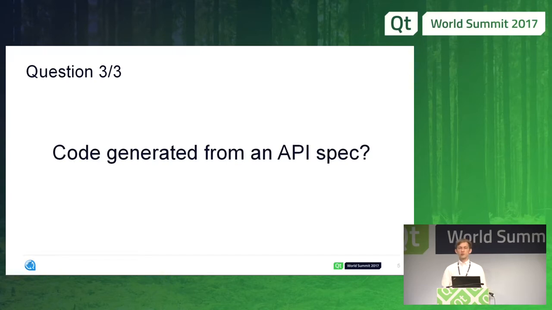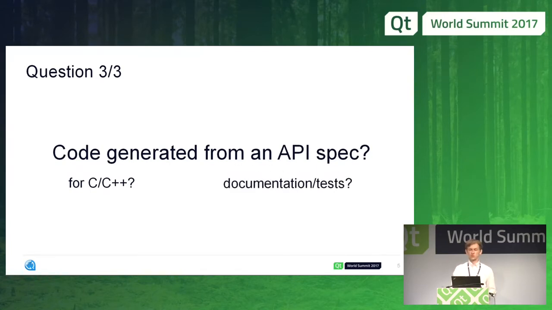So, okay, who dealt with the code generated from the API specification defined in Swagger, for example? Anybody? Okay, like a couple. For C++, anybody? Same people. Gorgeous. Did you have documentation and tests generated from the same API description? No. So basically, that